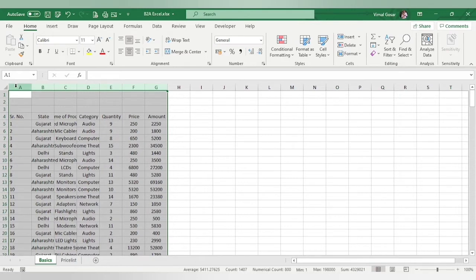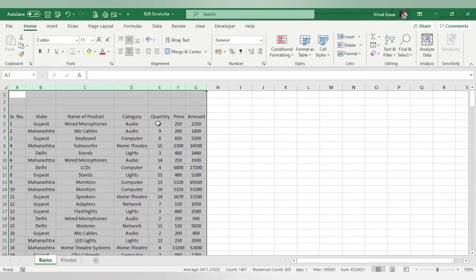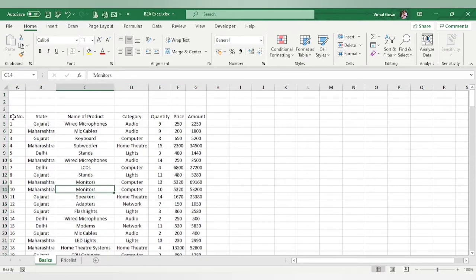So instead of that, I'll select all these columns, and when we have this extender pointer, we will just double click on any one of the column borders in between, and once you do that, you will get the width set to the maximum width required. So if you see, serial number is the maximum, hence it is taking that as the width. Here Maharashtra is the maximum, so Maharashtra's width is taken. Here we may have home theater systems as the maximum, so that is taken.